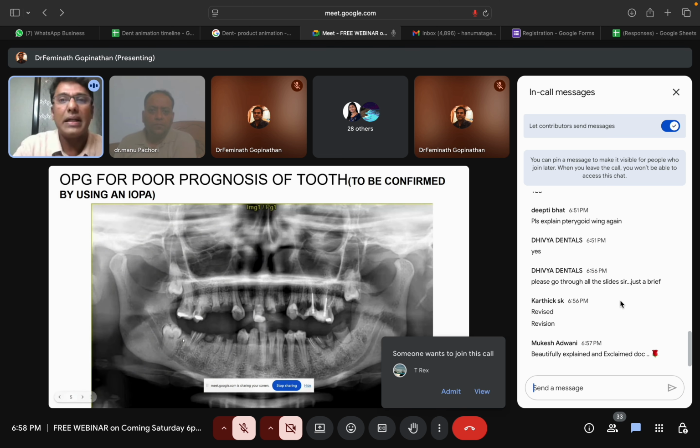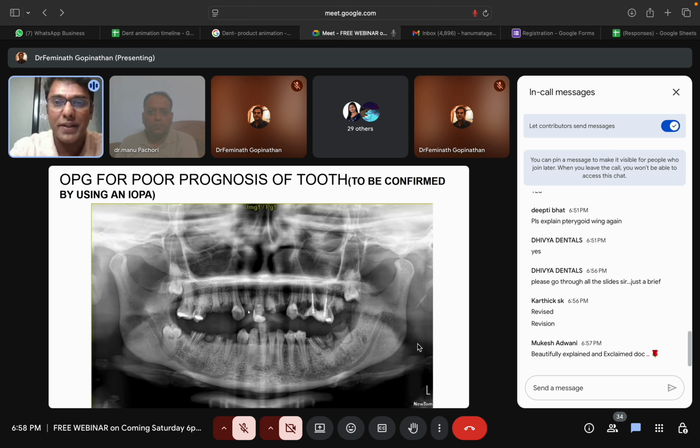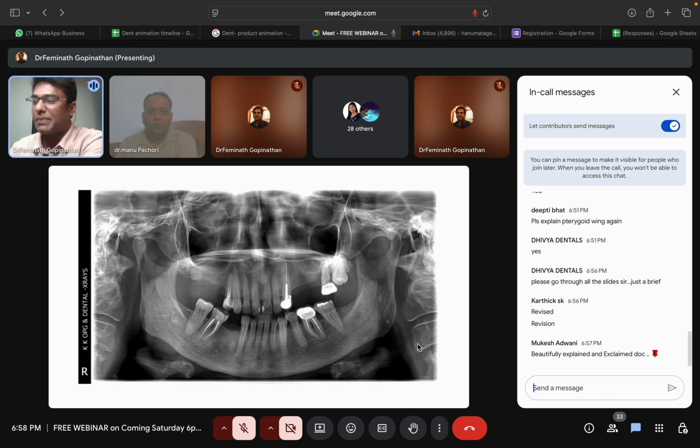Now, let me tell you, this is a case which we discussed earlier, where the upper is definitely a full mouth case, and the lower can be a segmental or a full mouth case. The lower one you have to discuss with the patient, whether they want to go for a full mouth or not, as there are advantages and disadvantages. The advantage if you go for a full mouth is that there will be cross arch stabilization. Cross arch stabilization in the sense,